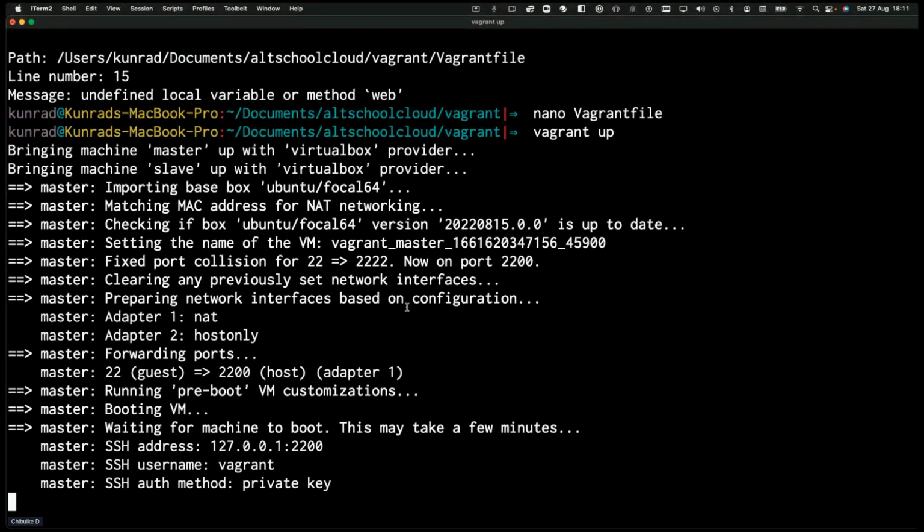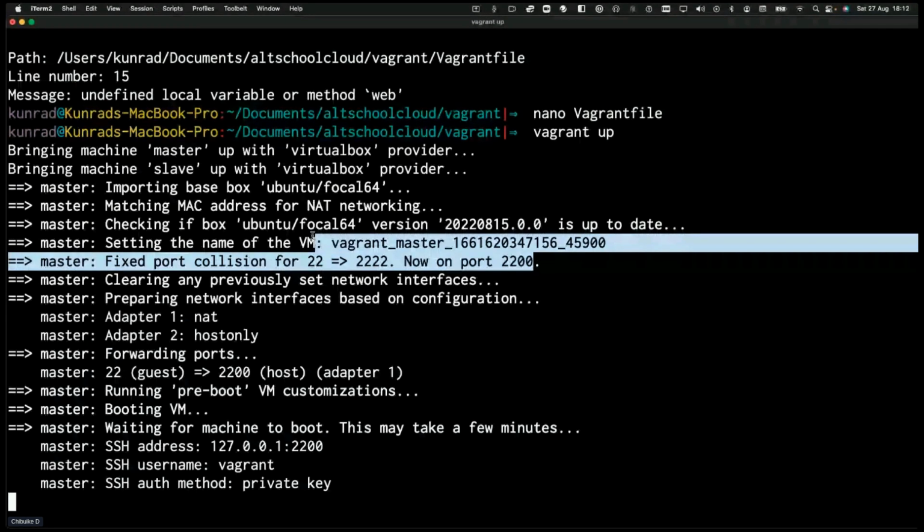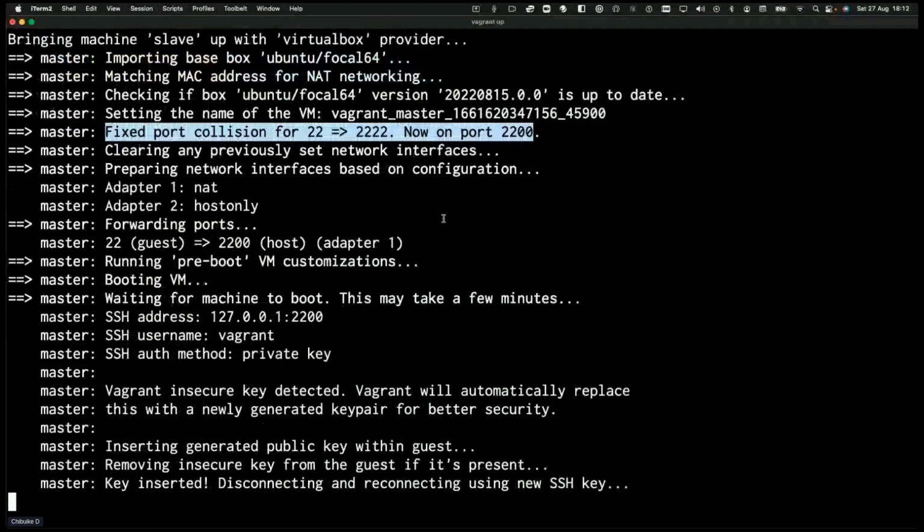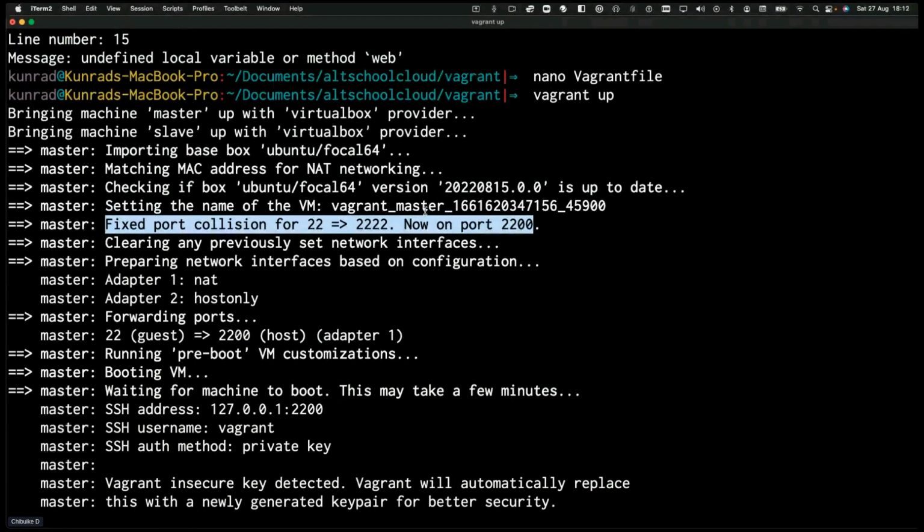There's something I'd like you all to notice. Now, you need to understand this. What this particular line is saying is that for that particular machine, it is port forwarding the SSH to port 222. So for instance, if you want to log into a Vagrant machine directly from your system,